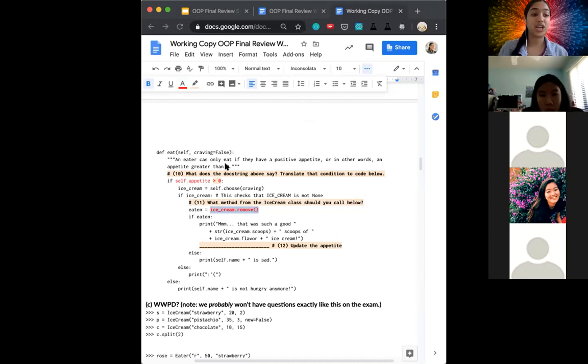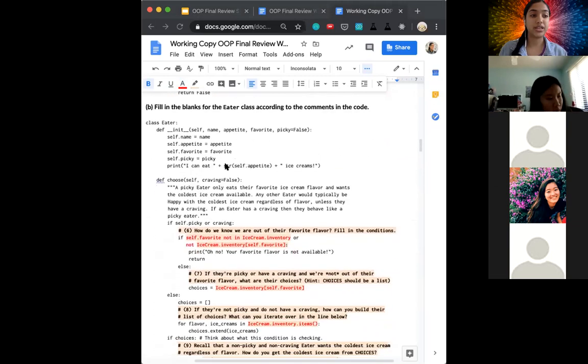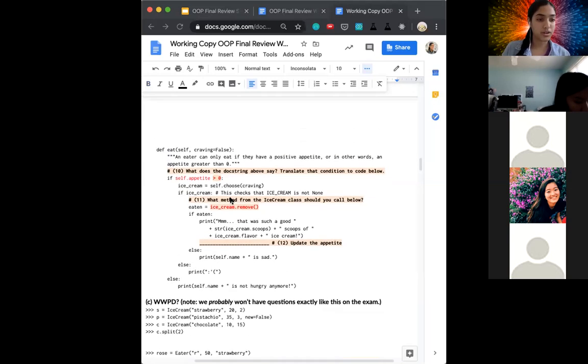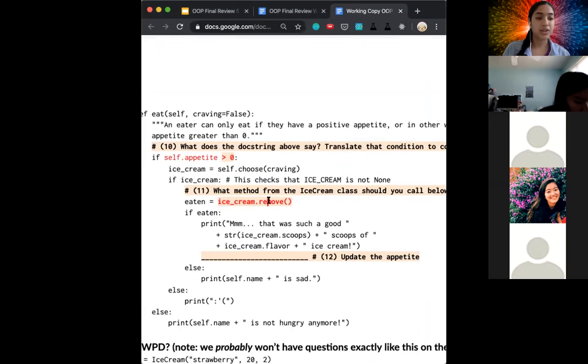Yes, craving is just a Boolean. So craving doesn't take in the flavor choice. The flavor choice is set by the preference of the eater in the favorite attribute. We do not need to pass in an inventory method. So I'm not sure what inventory method means, but ice cream.remove is calling remove on ice cream, which is an